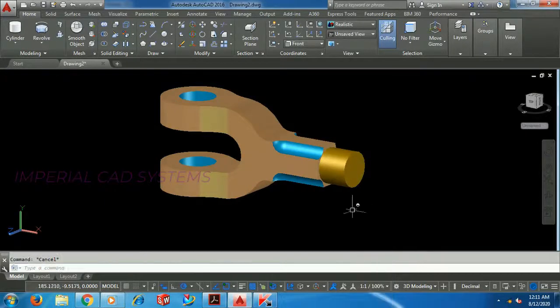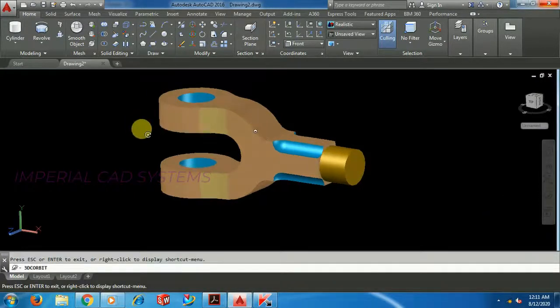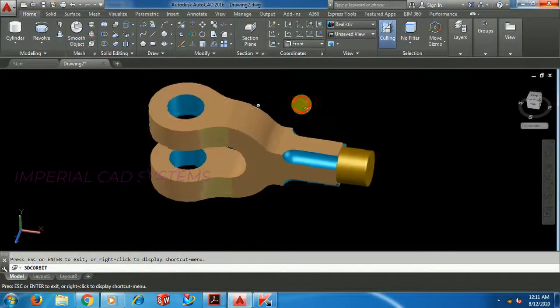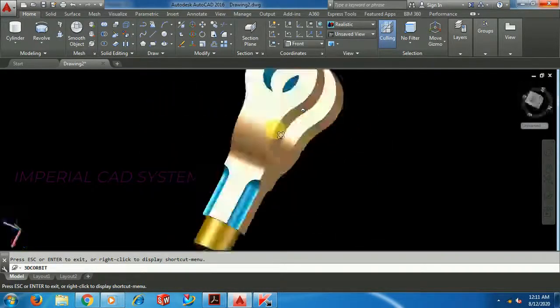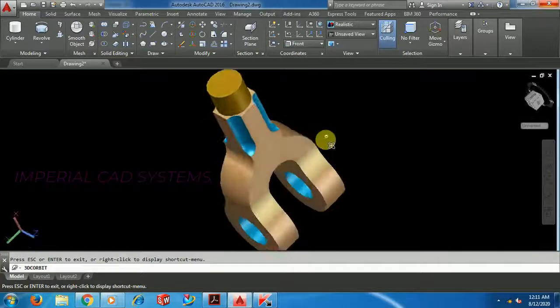So like this we have to use these 3D modeling options to create this part. If you select continuous orbit here, then just click on that, then it keeps on rotating.